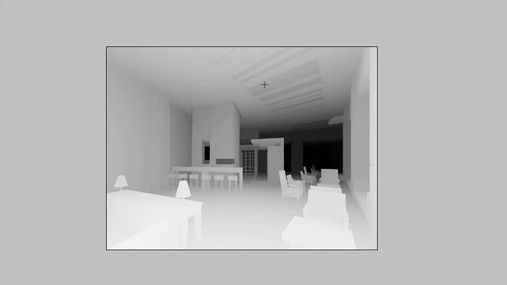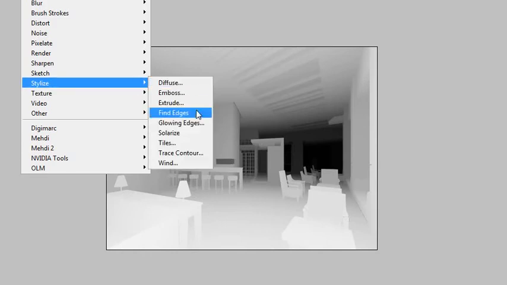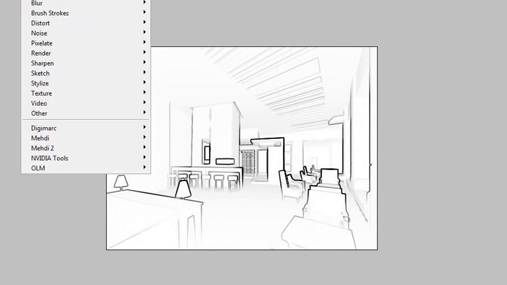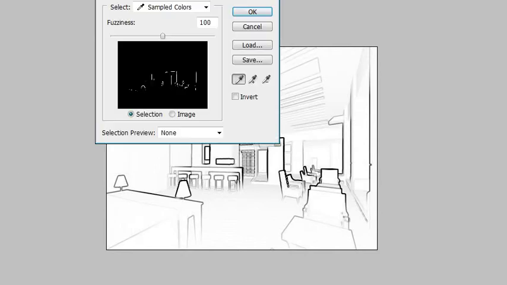Okay, so what I'm going to do is I'm going to find the edges. So stylize, find edges, and that's it. Now, CC toner in After Effects is somewhat the same, or basically the same, so you can use that one in After Effects. Now what I'm going to do here is I'm going to take select color range, and I'll select